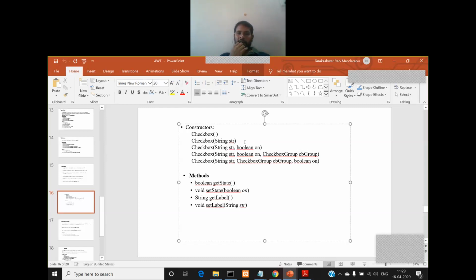You'll have a square or rectangular box where, when you click on that box, a tick mark will appear, right? When a tick mark is appearing, we say that the box is checked. Again, when you click on that, the tick mark will disappear, and this operation is called unchecking. So a checkbox will be either in a checked state or unchecked state.